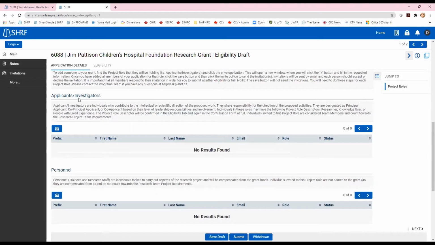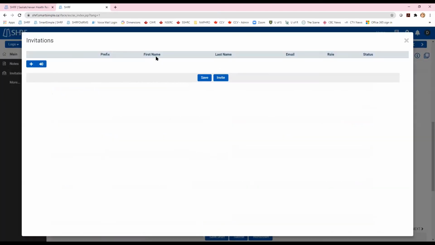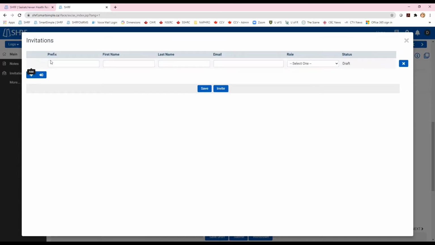So we'll go into the applicant investigator role. So you'll click on the invitations button. And then what you'll see is an empty list view. So to add someone, click on the plus button and then start filling in the information. You'll then want to identify for this application if they're going to be holding a co-principal investigator role or a